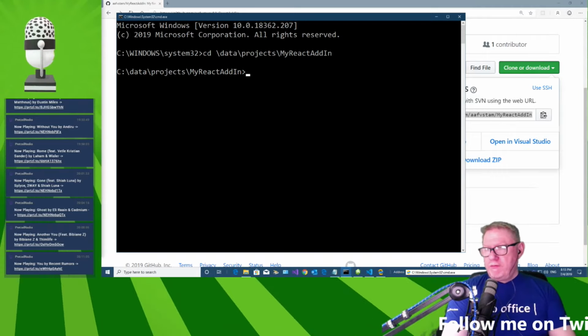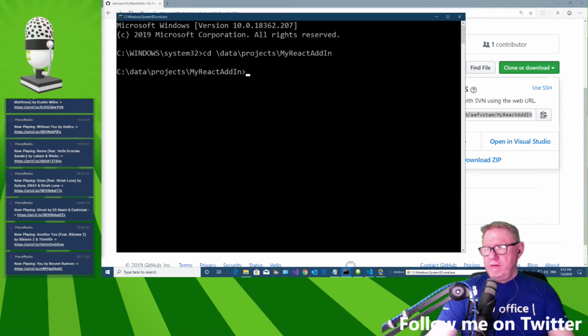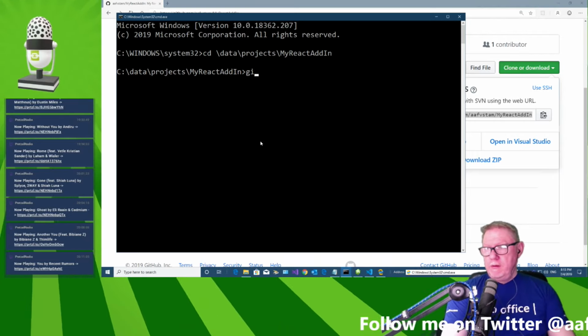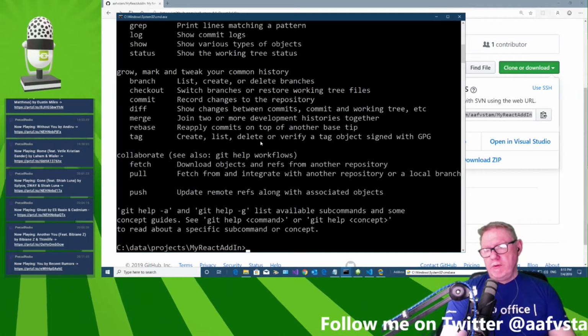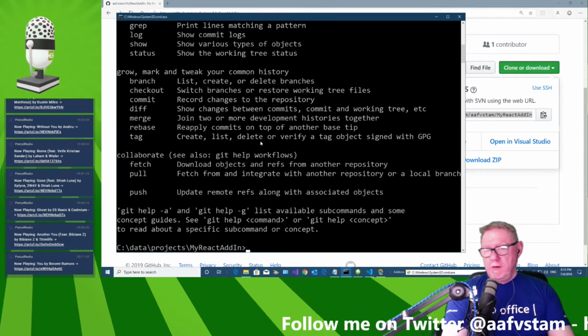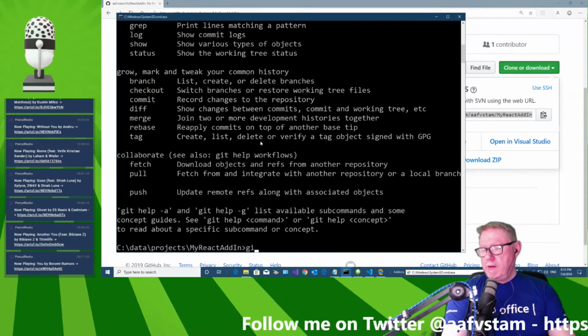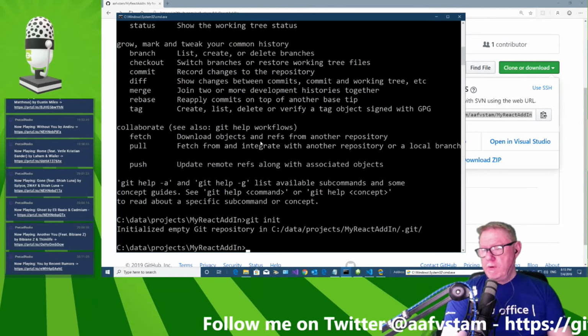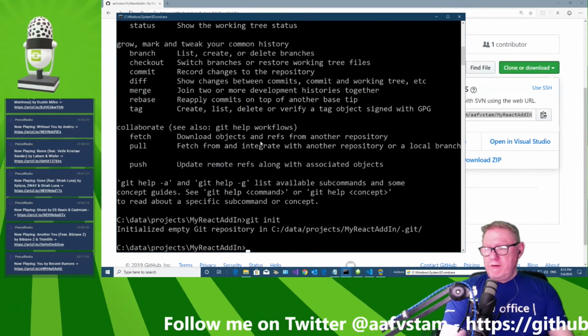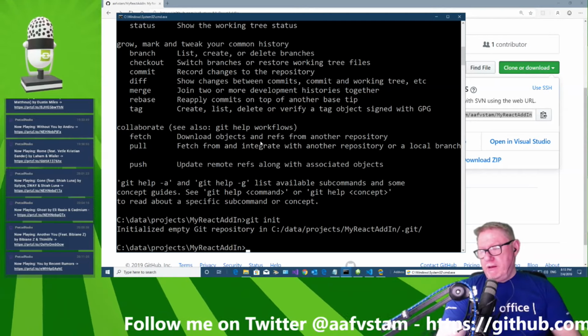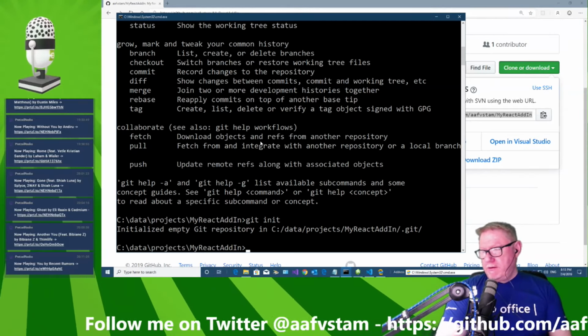Let's see if we have Git something over here. Yeah, we do have Git. Apparently. Git init. Initialized an empty Git repository in cdata project from my React.git,